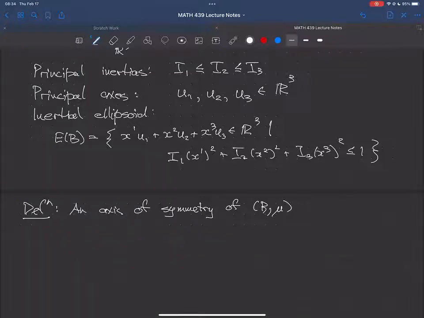Okay, so an axis of symmetry of a body is an axis u. Okay, so that